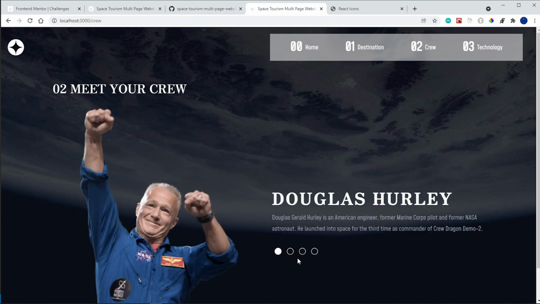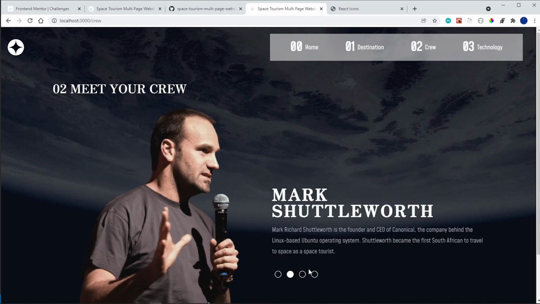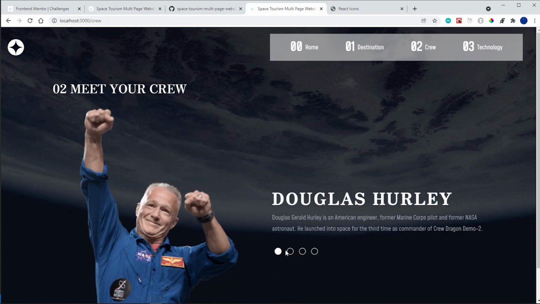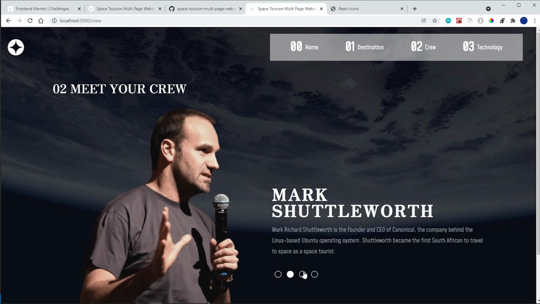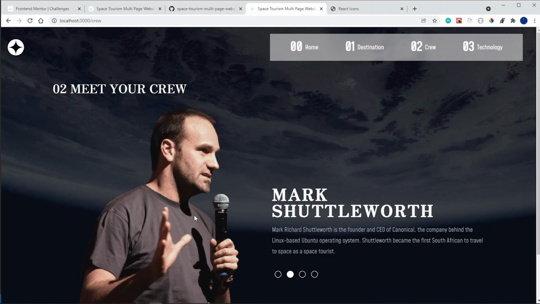Look at that, looking amazing. Now we can toggle through this, we can cycle through this, and it's looking fine. These buttons are a bit different from what you have in the design, but it looks fine according to me. Now what we need to do is actually, do I need this now inside here? No, I don't need it anyway. What we need to do now is bring this text to the left, and then this guy should go to